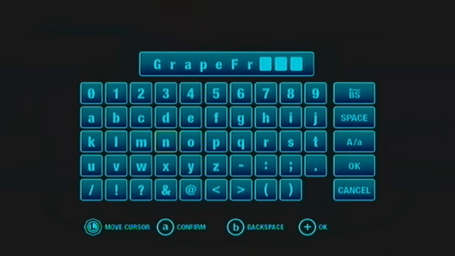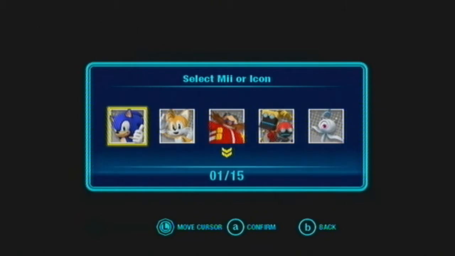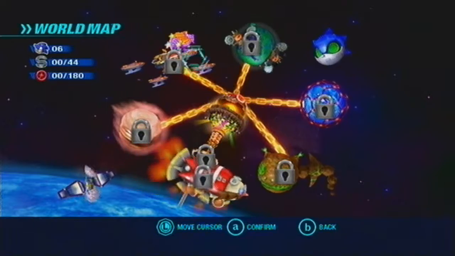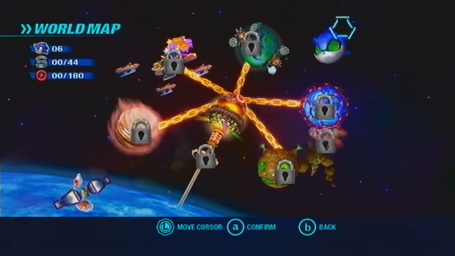Where's the U? What the? Oh, right there. Always having trouble with this. Grapefruit. There we go. Okay. Let's select the icon. Let's just select Sonic. Grapefruit, yes. And here is our world map, in which we can select the world we want to go into,